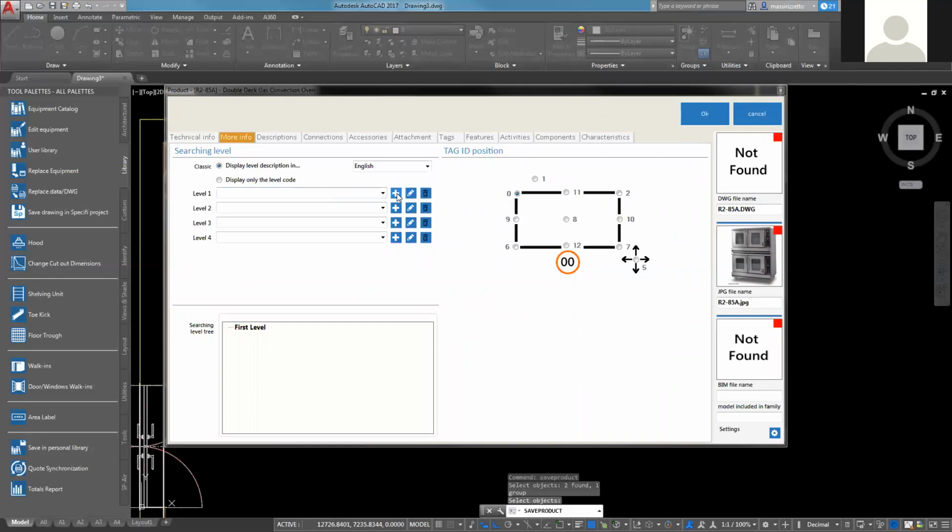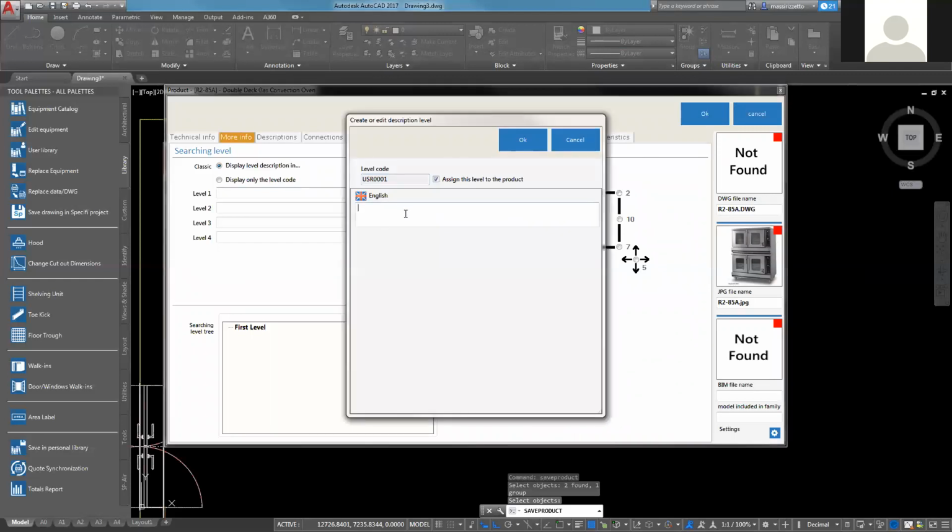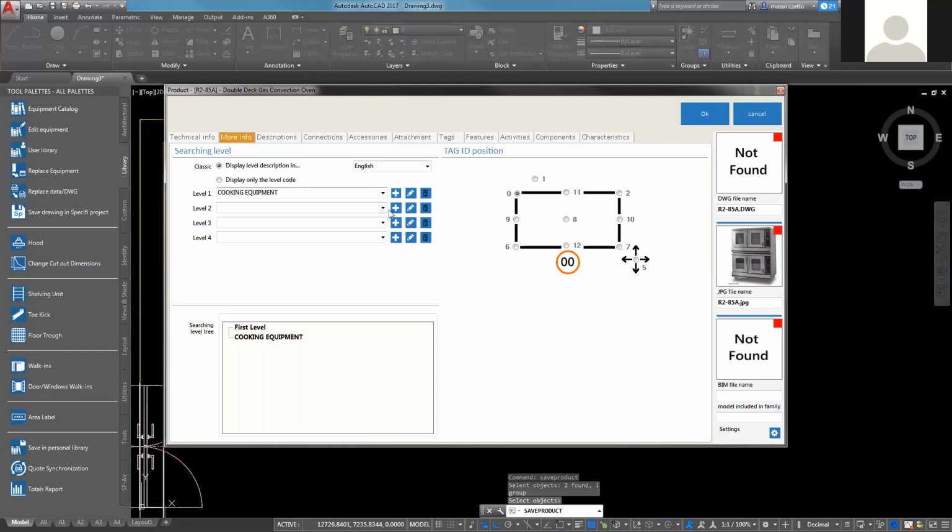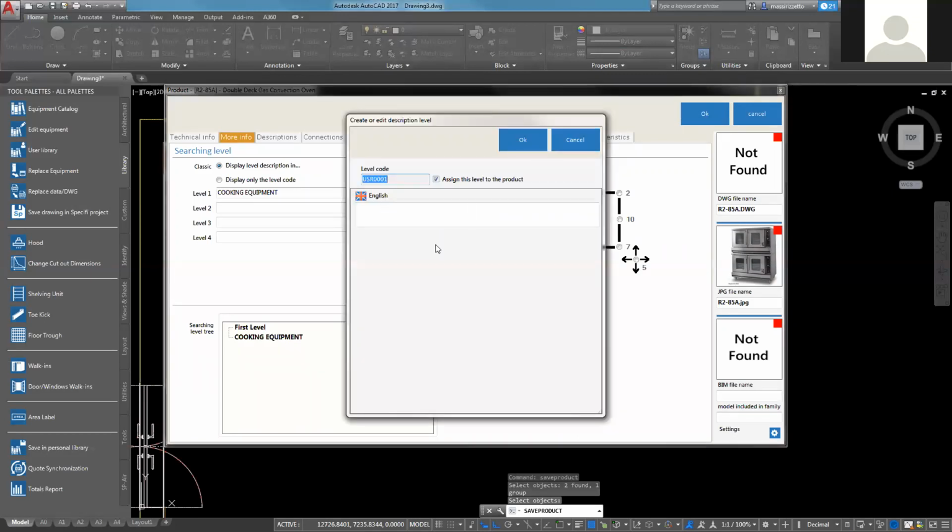and you can add, for example, a new category. For example, the first category could be cooking, and I can confirm. And for the second level, I can insert gas convection ovens,